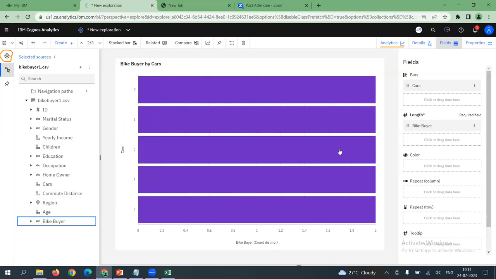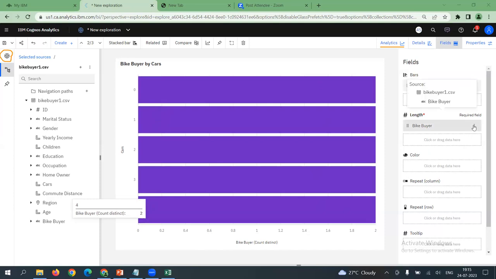Yes, I got something typical here. On y-axis, what could you see? Could you see the distribution of cars? 0 cars, 1 car, 2, 3. Great. So this visualization is meeting our requirement to a certain extent. But do you think all projections are of the same height? Why? Because the aggregation is wrong.